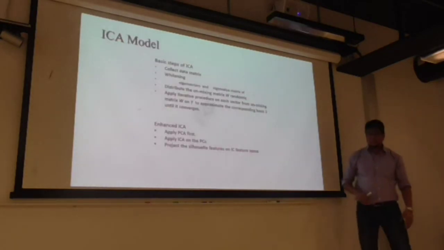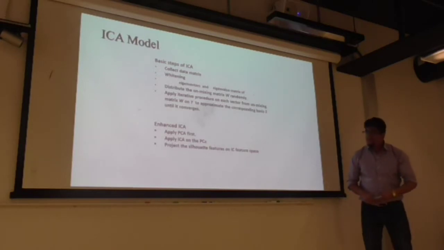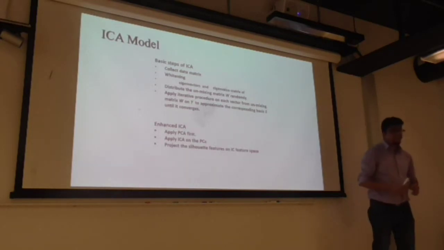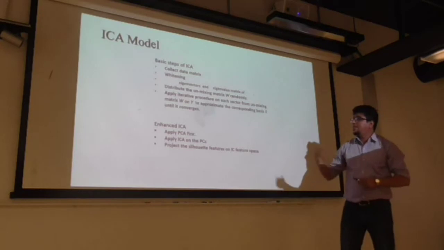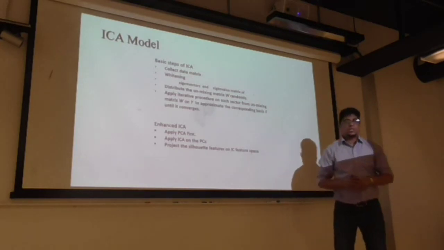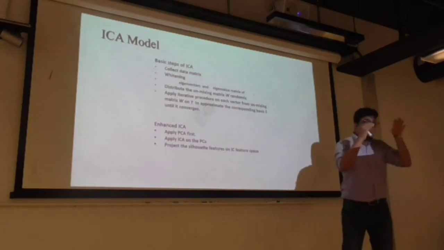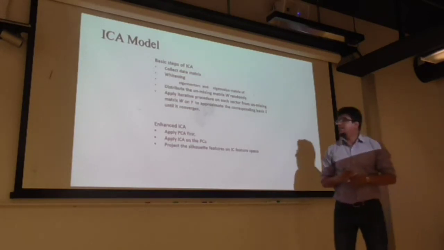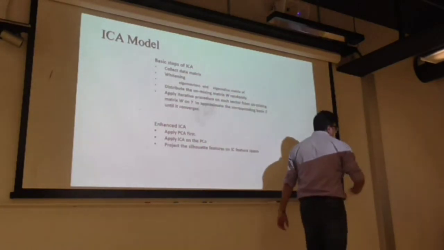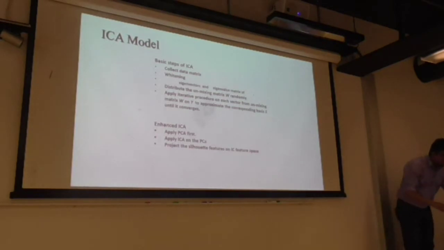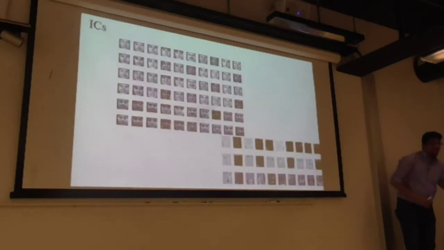And in image processing, what I did basically, I applied PCA first to reduce the dimension, and then applied ICA on the principal components or eigenvectors, so that we can get independent components on the pieces. Because most of the original information is hidden inside those eigenvectors. So the basic steps of ICA are to collect the data matrix, do some whitening process, get eigenvectors and values, and then try to adjust the weight until you find out